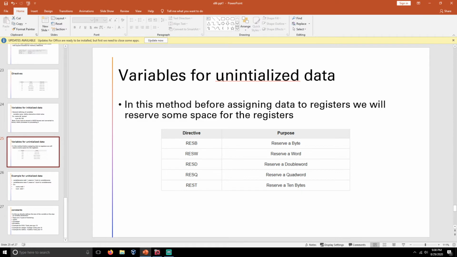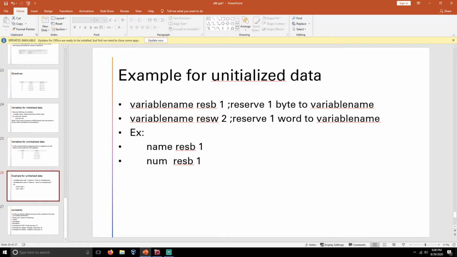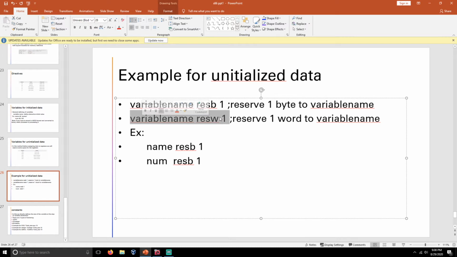In the data section, we write the variable name, the space reserve directive, and the length. See here, these are example instructions for uninitialized data. Here, variable name resb 1 means it will reserve the space of 1 byte for the variable name, and here it will reserve the space of 1 word for the variable name.